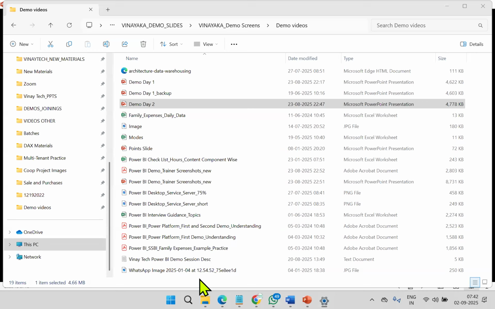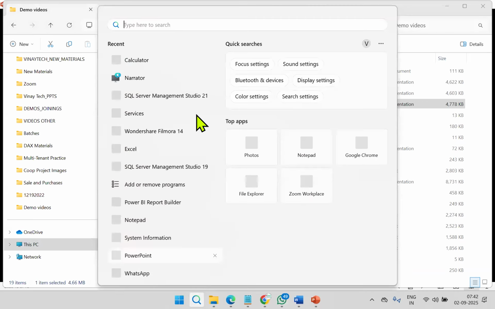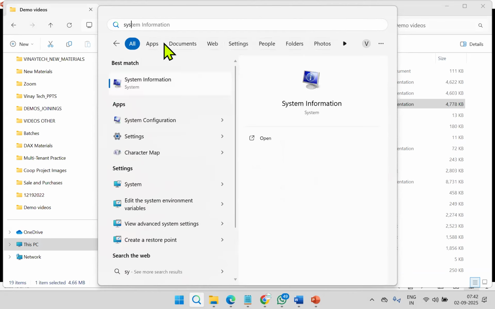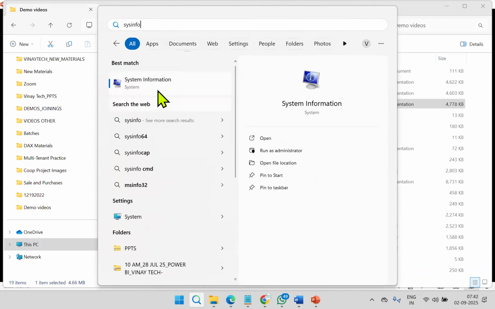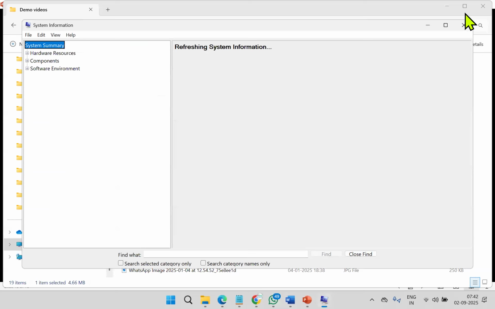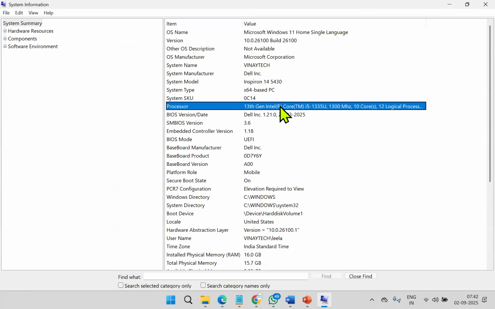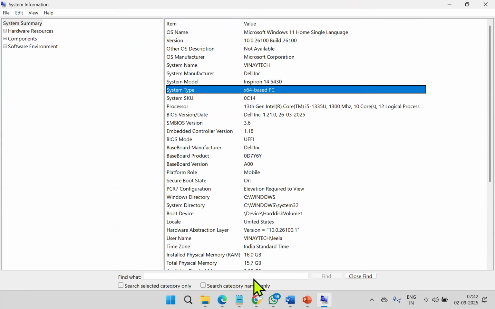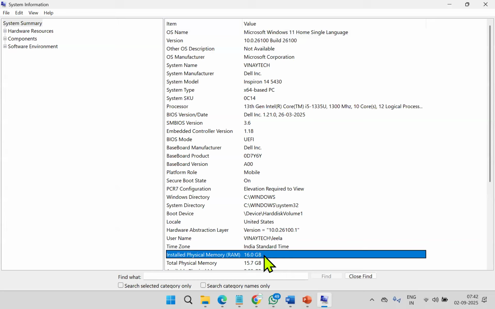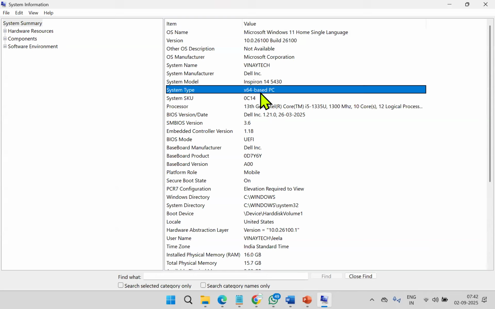Or else go to the search magnifier and search for sysinfo, System Information. It will show you the system information: OS, processor, system type, RAM. So if I need to download the software, I need to download the 64-bit software because my machine is 64-bit.